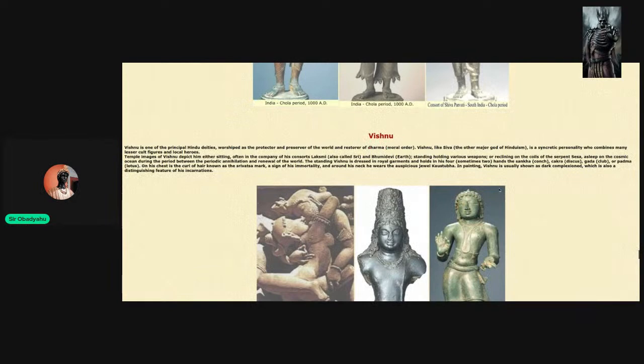Vishnu, that's the other deity, one of the principal Hindu deities, worshipped as the protector, preserver of the world, and restorer of Dharma, moral order. Vishnu, like Shiva, the other major god of Hinduism, is a syncretic personality who combines many lesser cult figures and local heroes. Temple images of Vishnu depict him either sitting, often in the company of his consorts,